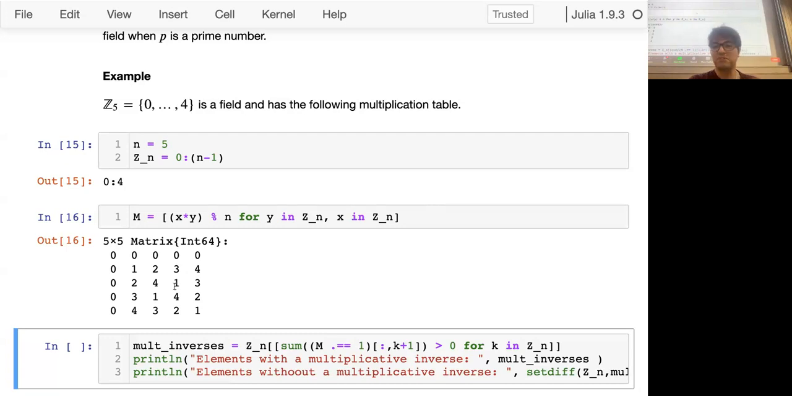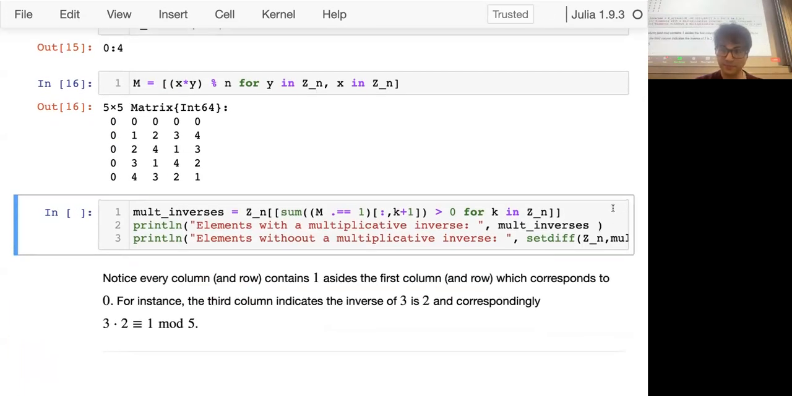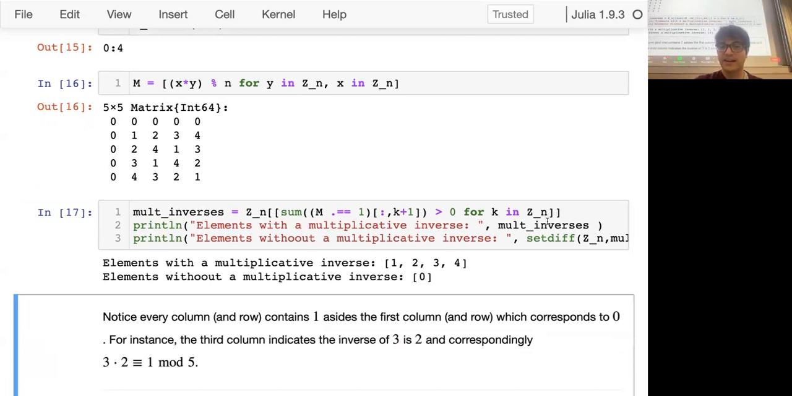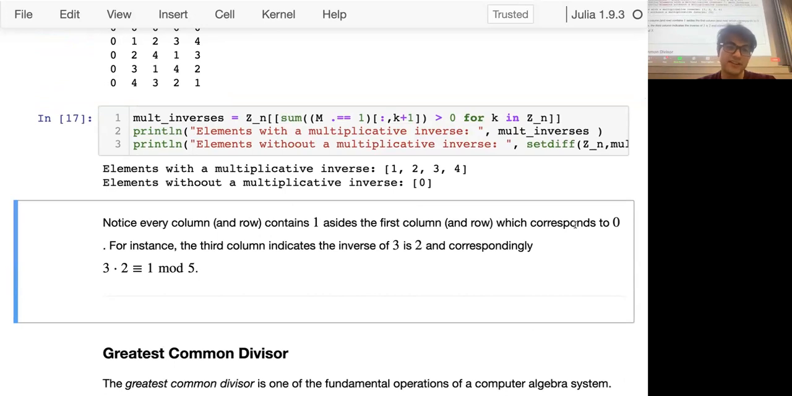Okay, so if I gave you a multiplication table for the ring that we were working with, we could read off a lot of these properties quite easily. So if you look at this now, it's saying elements with a multiplicative inverse are every single non-zero element of those integers, and the only thing without a multiplicative inverse is 0, which will never have an inverse. So notice every column and row contains 1, aside from the first column, which corresponds to 0. For instance, the third column indicates that the inverse of 3 is 2, and correspondingly 3 times 2 is 1